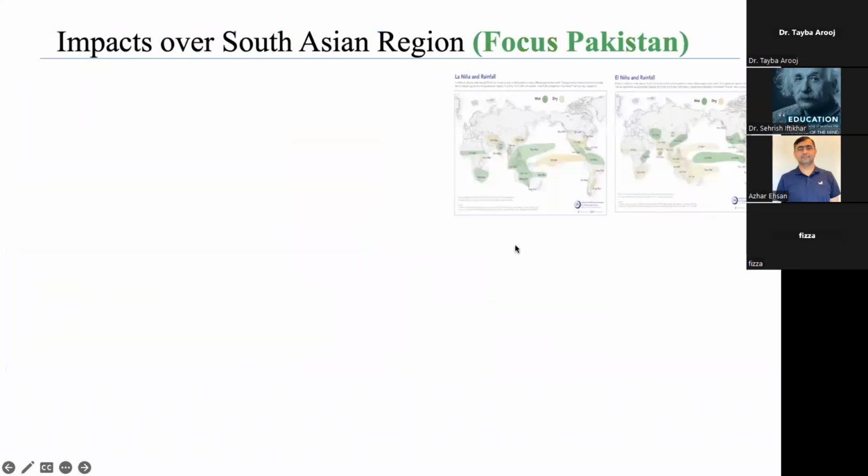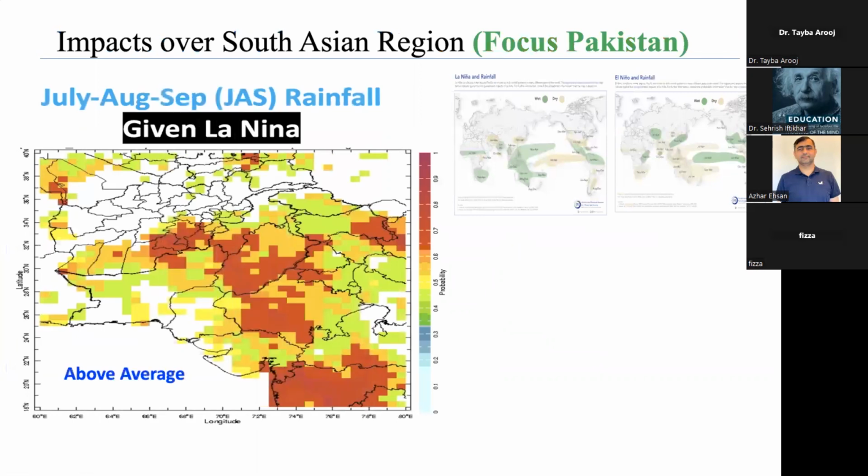So this is across the world. Let's look at one just for Pakistan, because our concern is Pakistan. This figure is for July, August, September rainfall, given La Nina conditions. It's a probability, not a rainfall amount: the probability that in July, August, September, which is our monsoon time, the rainfall could be above average. So this is a scale, and we can see there are some pink dots as well, which show a probability of 80 to 90% that rainfall